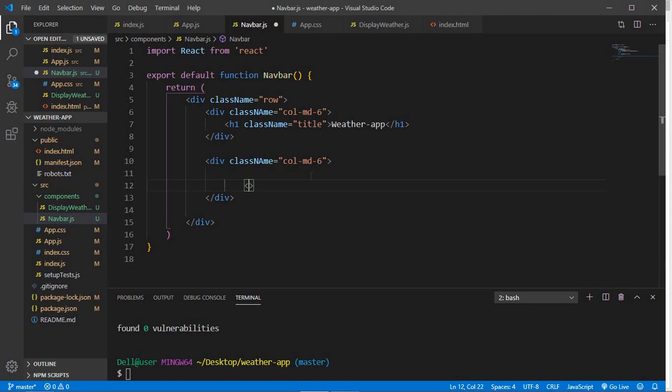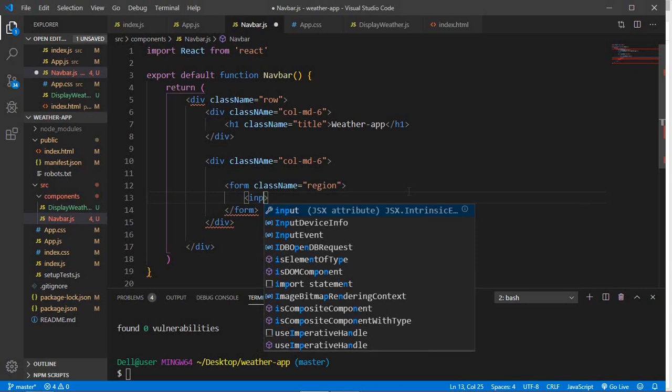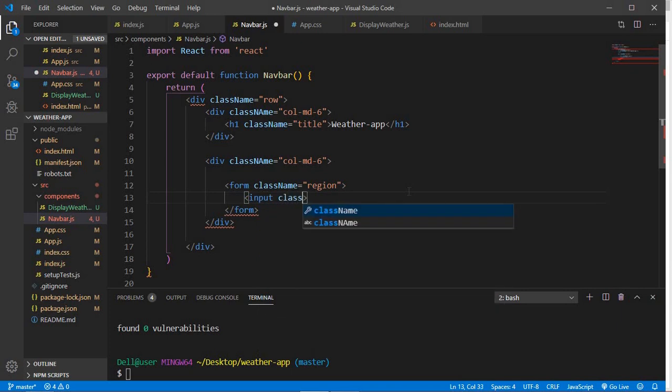So form, let the class name be equal to region form, something like that, and inside it I just want an input field, so input, and for the class name this is gonna be region input. And by the way, all these classes I've actually already created in our CSS,